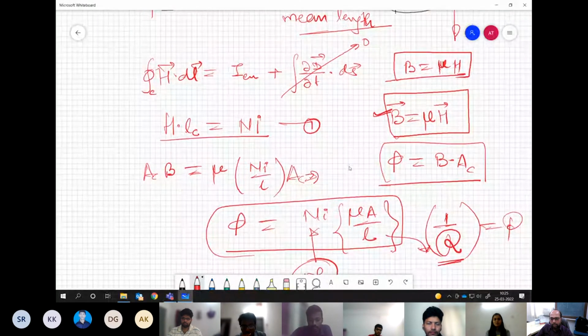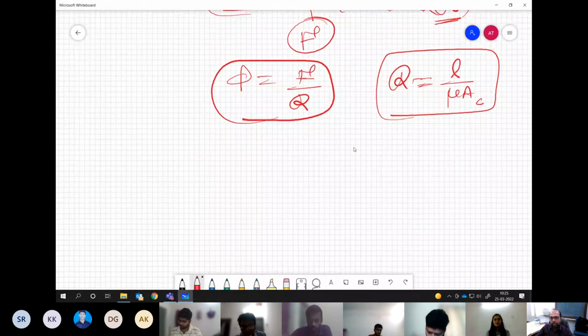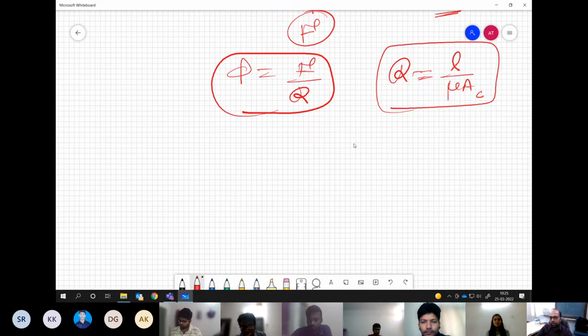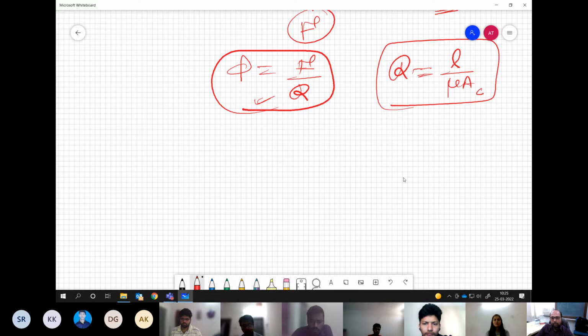Okay. So these definitions are now clear, why we are using them and when we can use them, when we cannot use them. So for any random shape of core, you cannot use that unless at least a few conditions are satisfied. We cannot say that we have just a coil and we can compute it using this equation. No, that's not valid. This is our general understanding also. This cannot be valid. Now, what if there are,